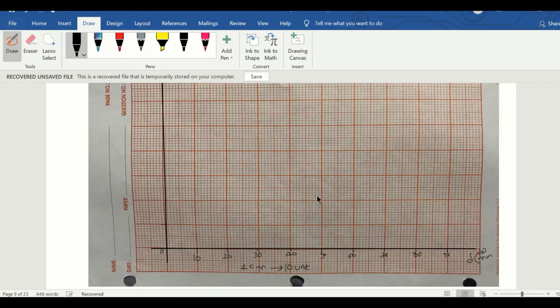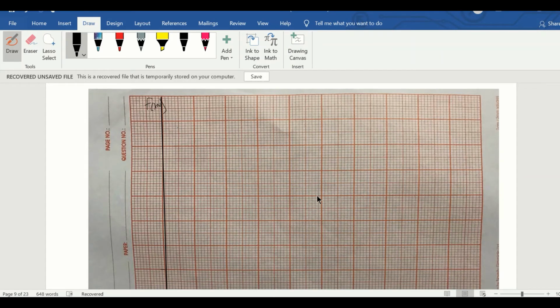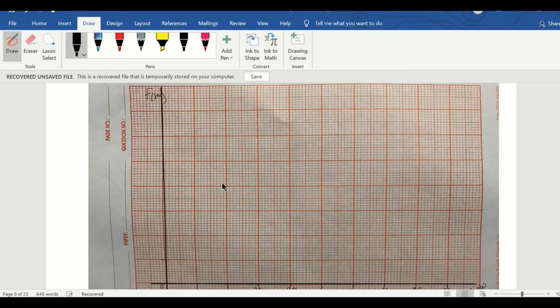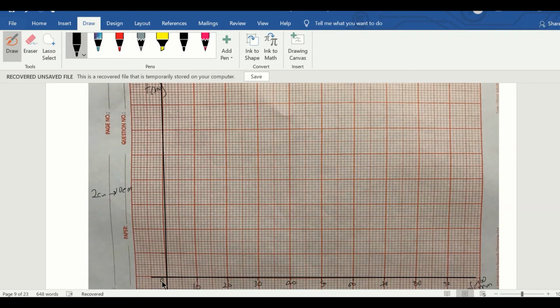All right. For my y-axis, which is my force, I can use a scale of 2 cm to 10 units. Please, if your graph is too small to get in your values, you can change your scale, or you can use your graph in landscape mode, like what I'm doing right here. So 0, 1, 2 cm is 10,